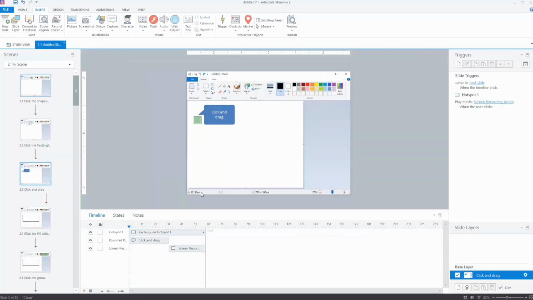And so that's a way that you can control it. If you want to tell them to click and drag down to the right or whatever, you could have them do it, or you could try to time it with the mouse as well. But basically you can tell them to just click, and then that will insert the shape and control that media as well. The other thing to look at